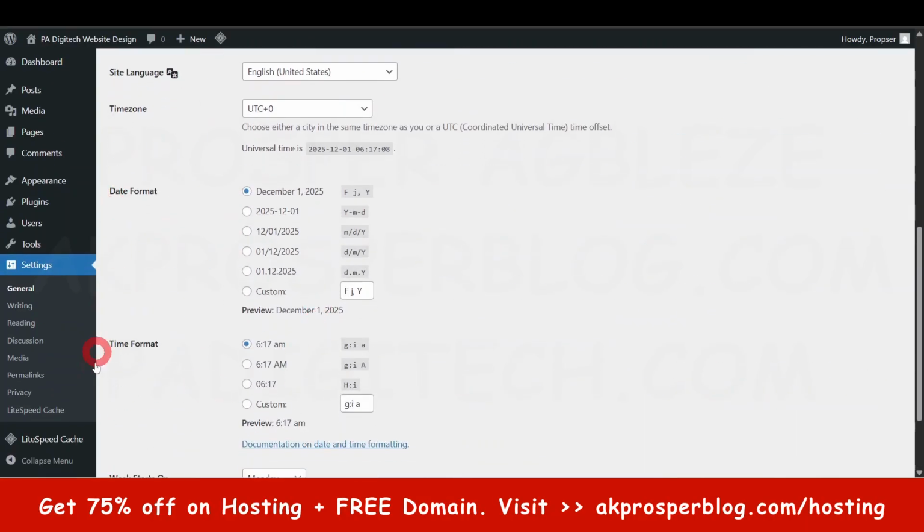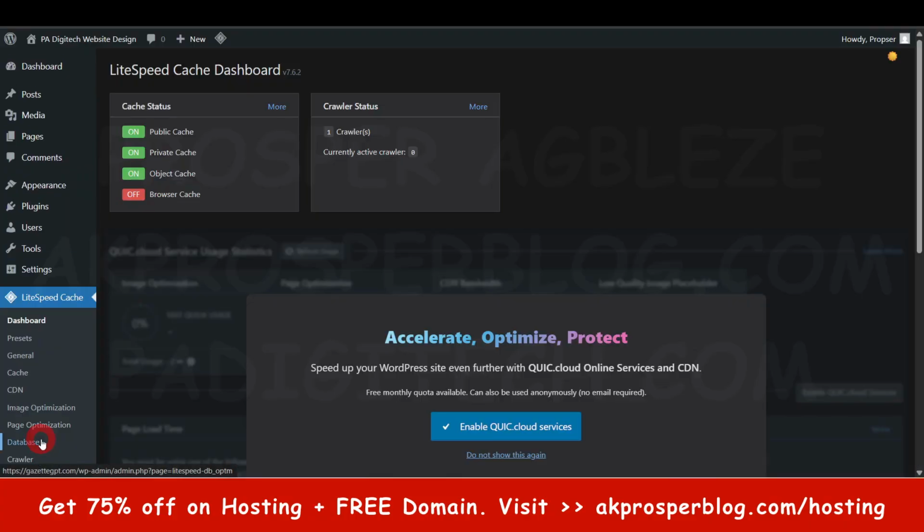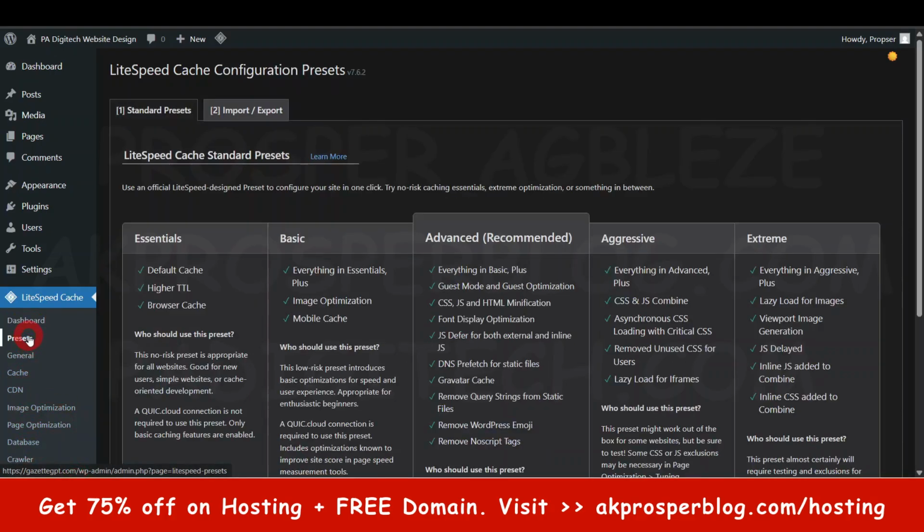The last thing you'll be seeing here is LiteSpeed Cache. Remember, this is the plugin I said you should just leave earlier. Apart from ensuring that your website is fast, that's one of the things it does. Another thing I find interesting about it is that if you want to clear cache, you can use it to clear cache. If I come over to preset, if for any reason you are making changes on your website